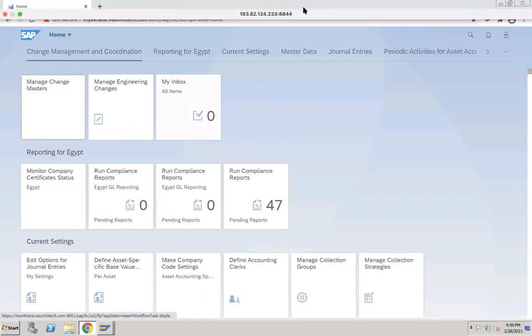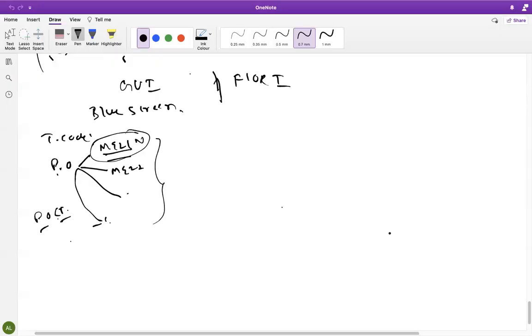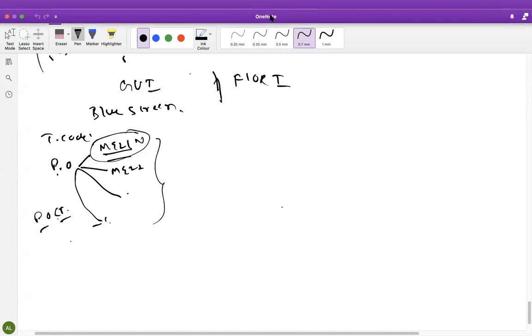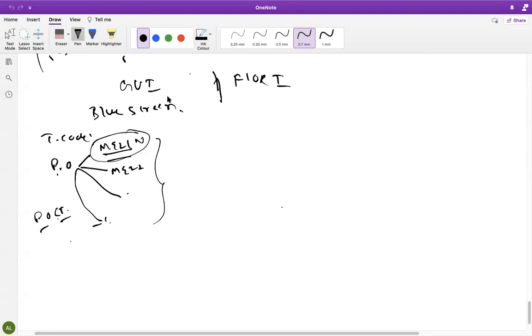I will come to this. I will explain a few things before that. So in GUI, reporting is very poor. Here in Fiori, many advanced analytics are there. As per our business needs, we can do different analytics. Since UI5 technology is used, you can use different analytics. Power BI, you have heard of it, right? That level of analytics we can do here in Fiori.